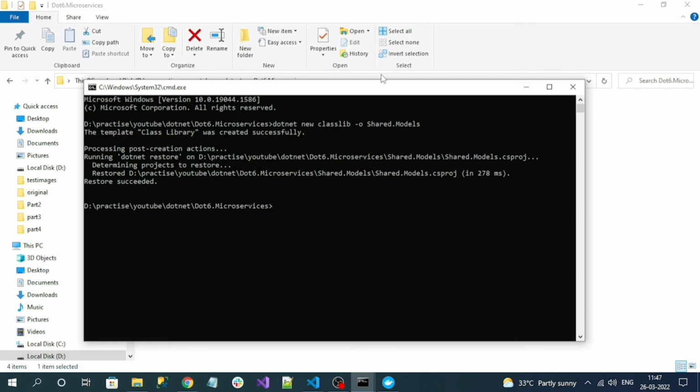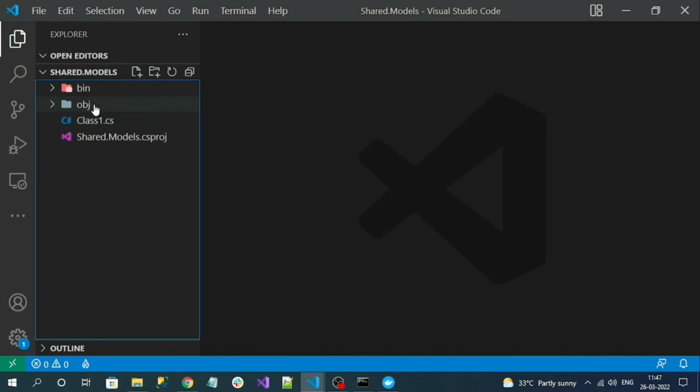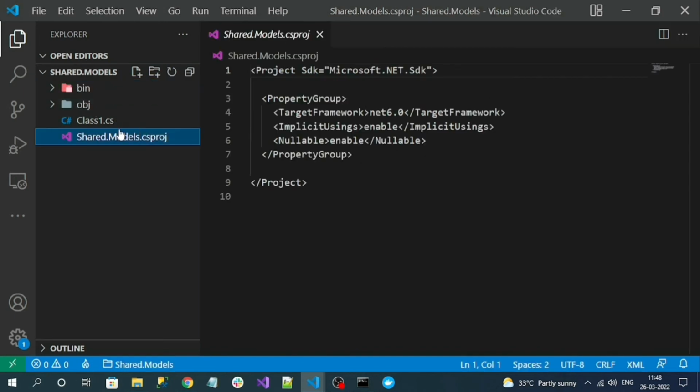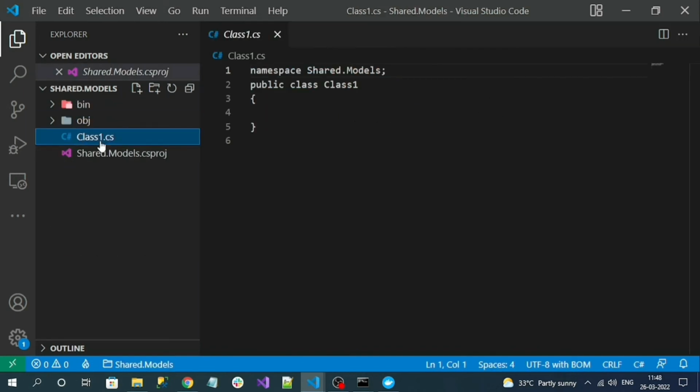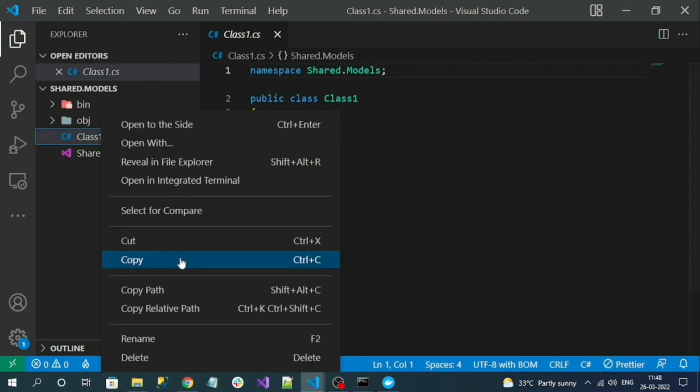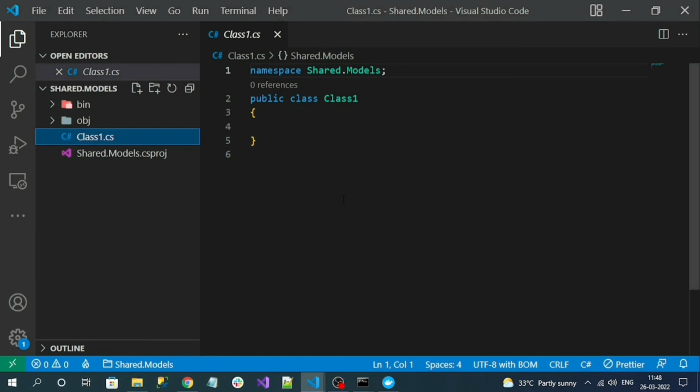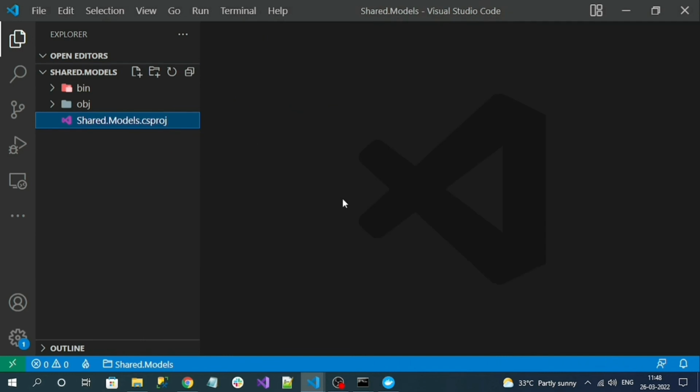Okay, so now let's open the project. This is our class library project. Let's delete the existing class file. Our main target of this library is to store the models of our RabbitMQ, right? So what I will do, let's create a folder like